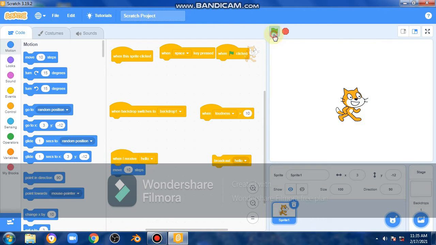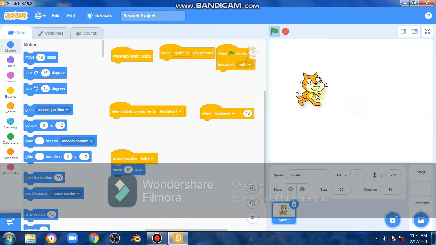If I click it like this, nothing will happen. But I have put the broadcast message hello on this when green flag clicked. Then the message will be sent to this when I receive. If it receives the message, then only this sprite will move 100 steps. Okay, now see.